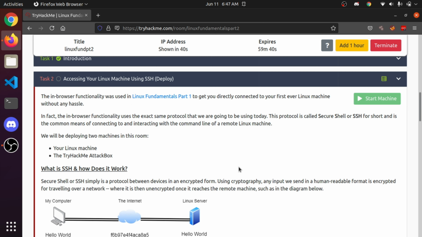Accessing your Linux machine using SSH. SSH stands for Secure Shell. By this we can connect with a Linux server, access the terminal, and use the commands from our own system. Everywhere, for example if you are running some servers, you cannot access everything directly, so mostly by SSH only we connect to our Linux machine or any other servers that are currently running. Not only in TryHackMe, even in normal work we access servers with SSH only.